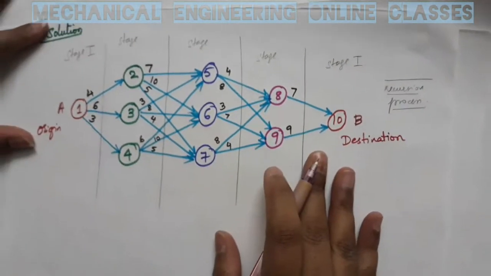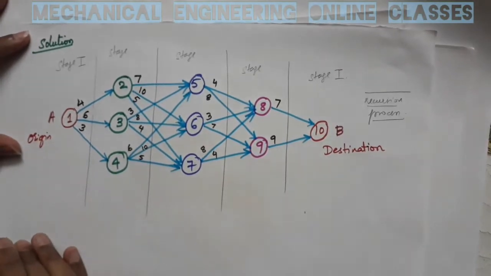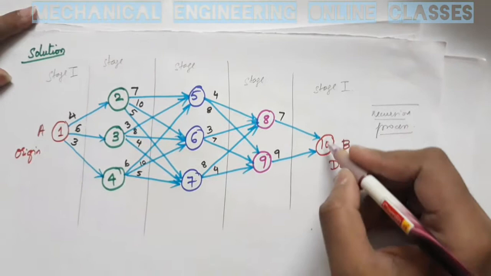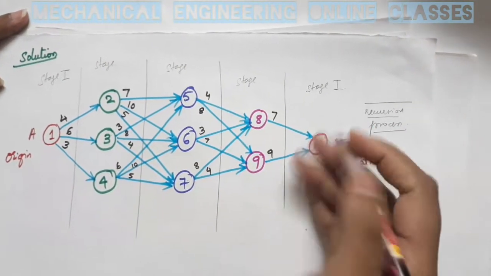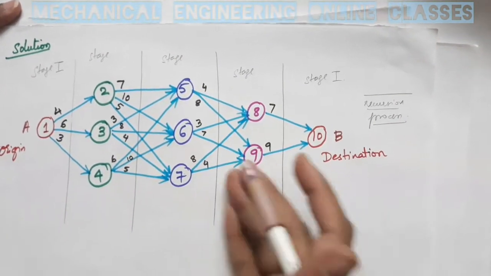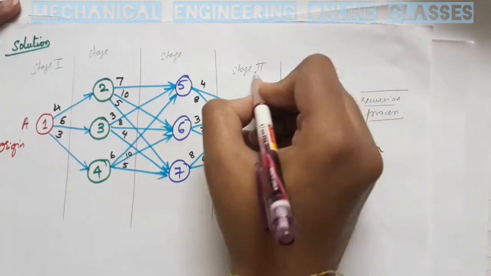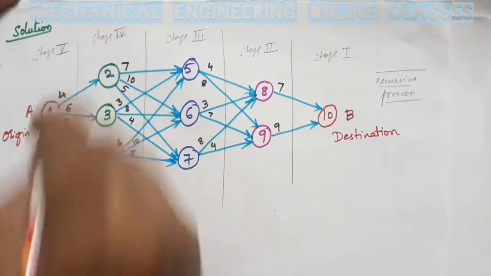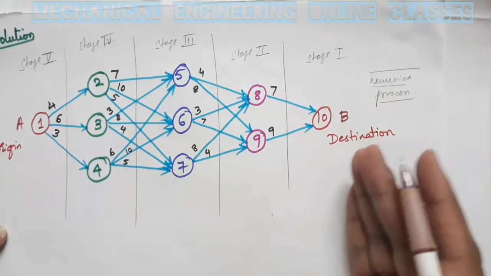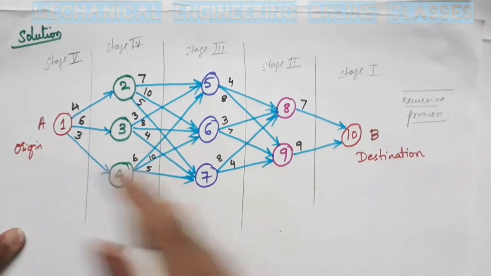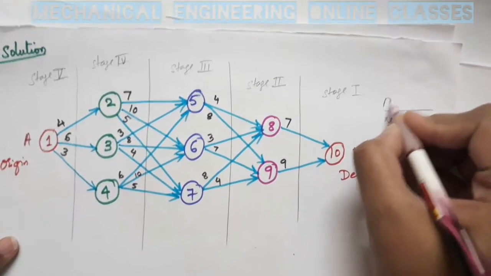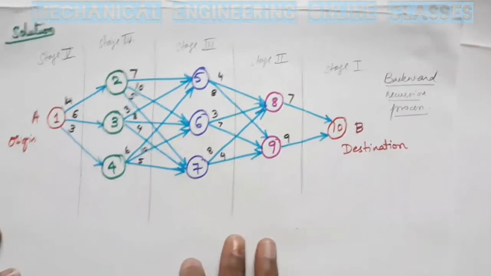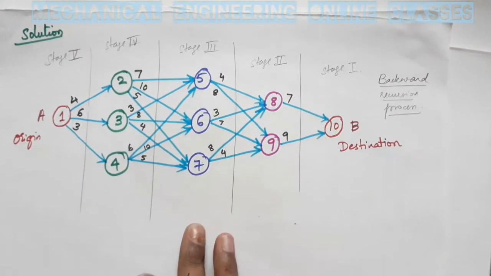Now here we shall see backward recursion, which means I am first starting from the destination city. I am at city 10. Then the next step will be to go to 8 or 9. So this will be stage 2. Then this is 3, this is 4 and this is 5. So from destination to origin, if we are finding the shortest route, that recursion process is called the backward recursion process.